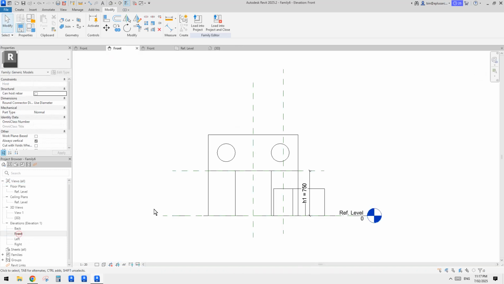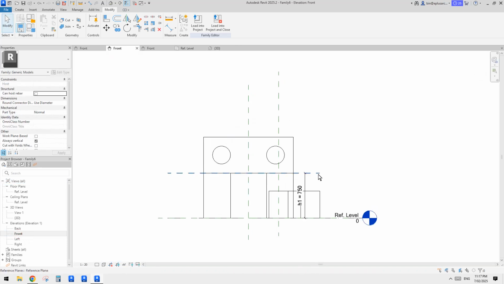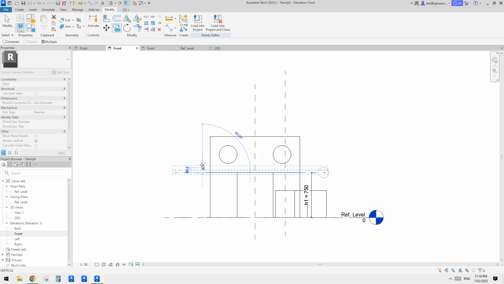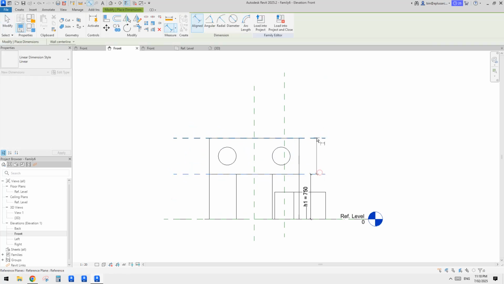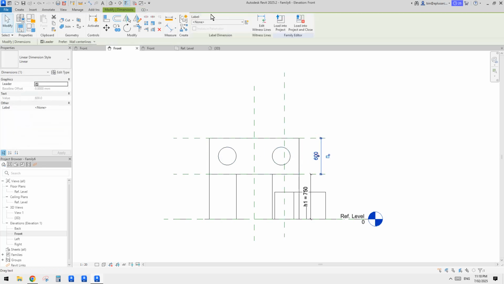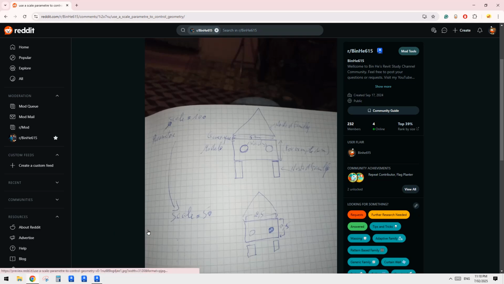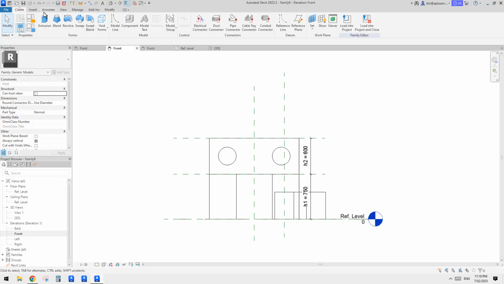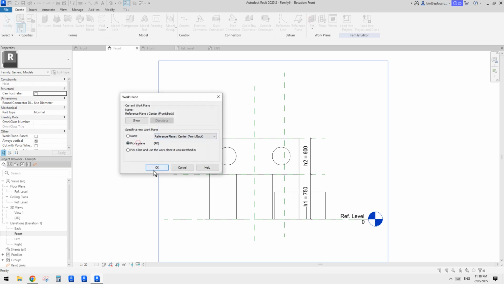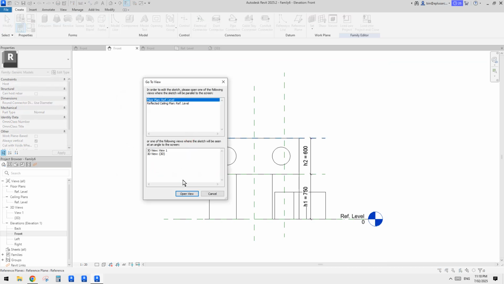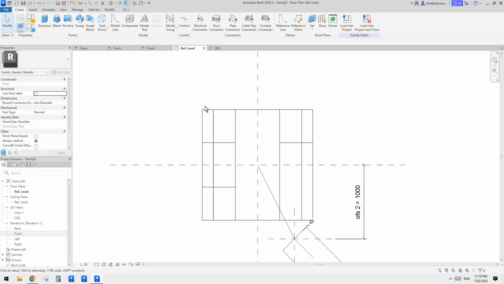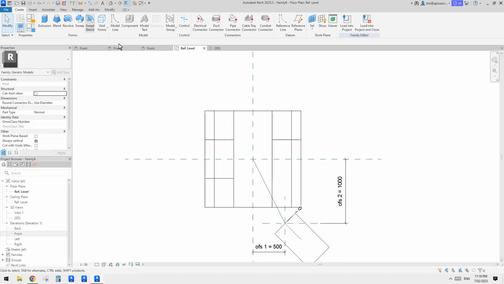So for the roof, maybe we can just directly do it here. How about that? I'll just add a reference plane, because we can create that directly from this reference plane. We already have the height of this family, so we can just use the same height, which is H2. So now we can use this. For the roof, for this shape, we can probably just do a blend. So let's create, set work plane, I'll just use the reference plane here, go to floor plan, and then we probably want to, yes, let's just